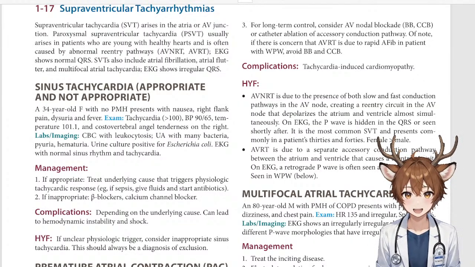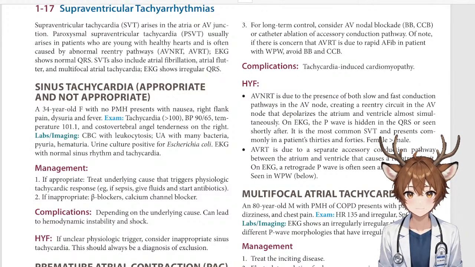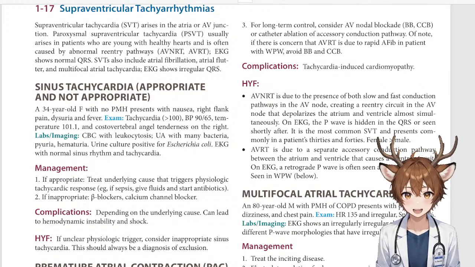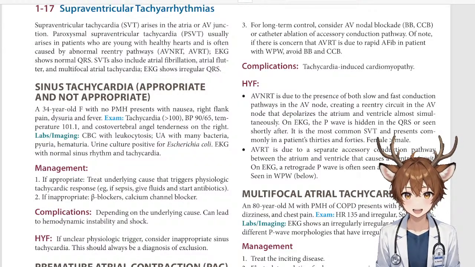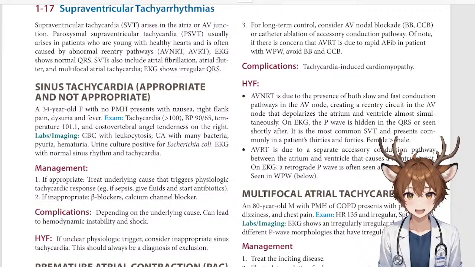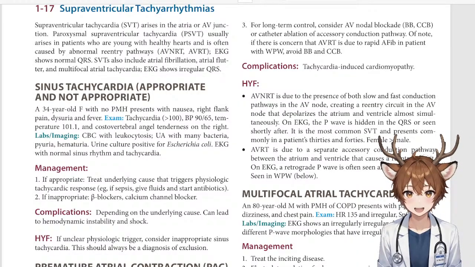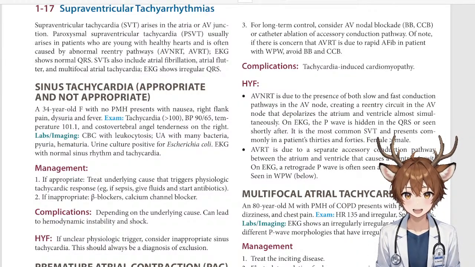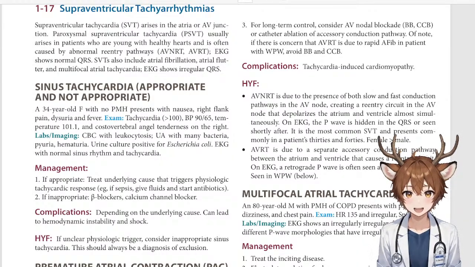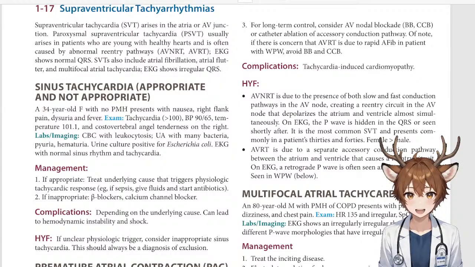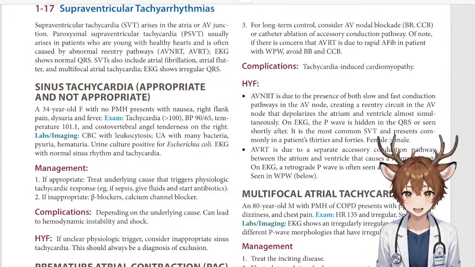Complications, tachycardia-induced cardiomyopathy. High yield fact, AVNRT is due to the presence of both slow and fast conduction pathways in the AV node, creating a reentry circuit in the AV node that depolarizes the atrium and ventricles almost simultaneously. On EKG, the P wave is hidden in the QRS or seen shortly after. It is the most common supraventricular tachycardia and presents commonly in patients in their 30s and 40s,